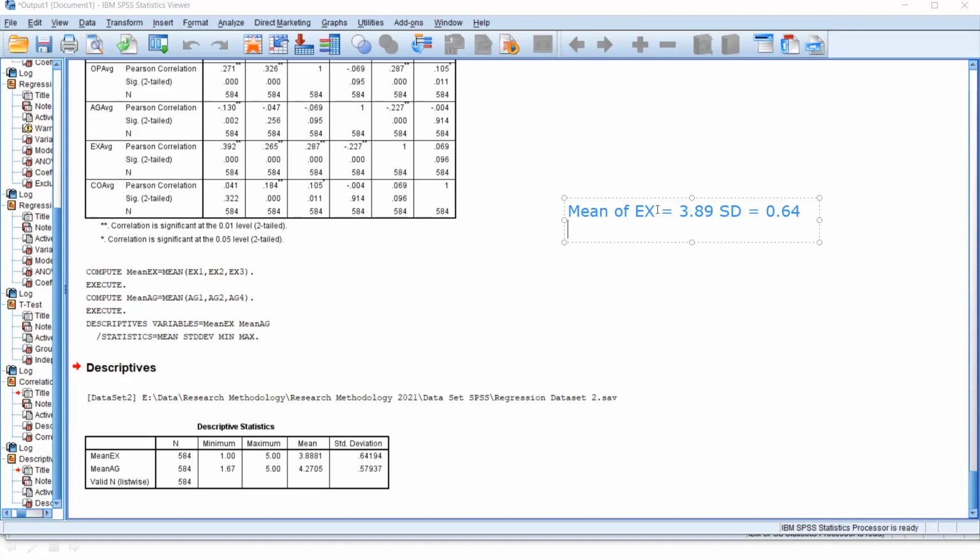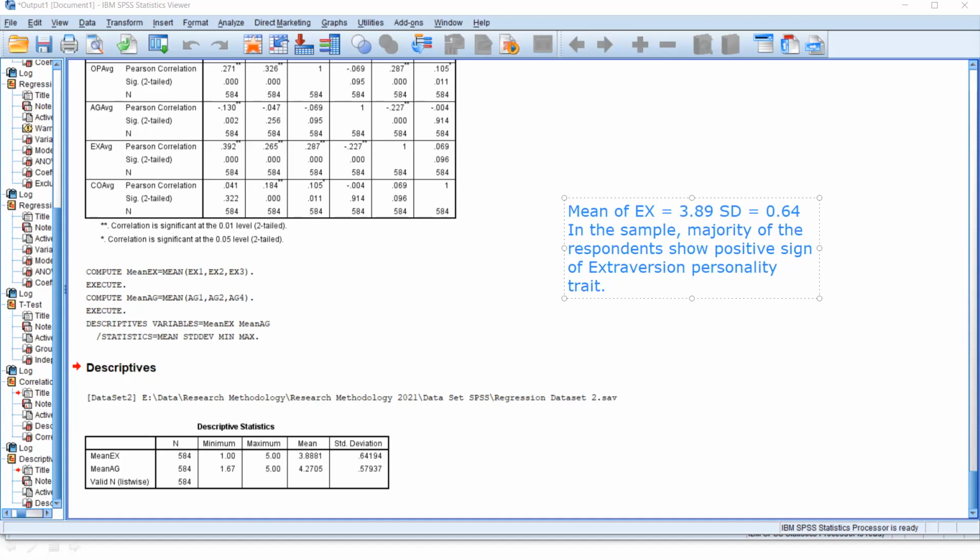Right? So then you can make a conclusion that in the sample, the majority of the respondents show a positive sign of the extraversion personality trait.